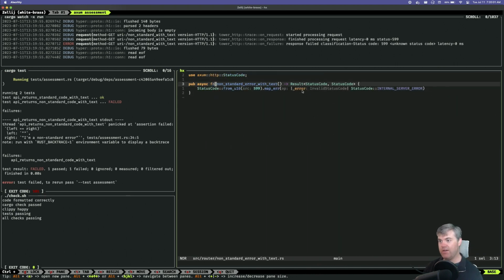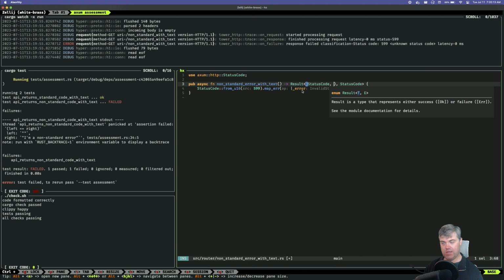Okay, and so now if I want to return a text with this, we're going to match around that tuple, and this will be a static str.